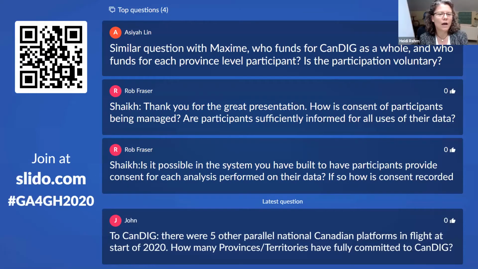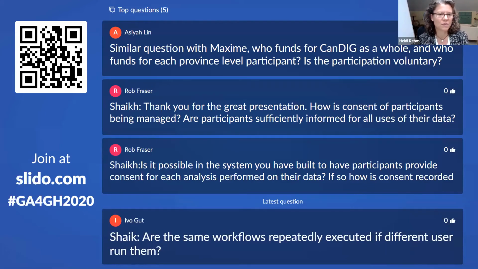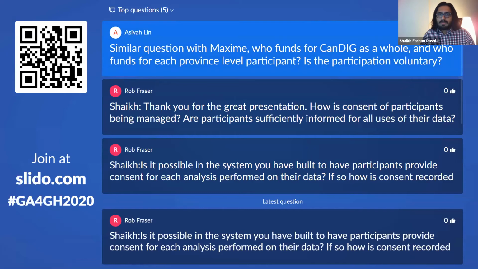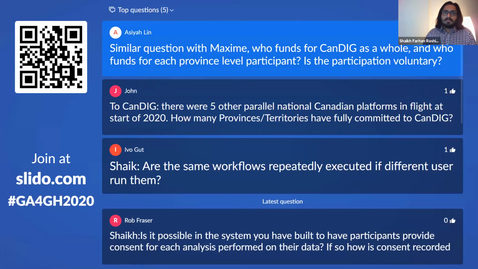Great. And a similar question, who funds CanDIG as a whole and who funds each province level participant? Is the participation voluntary? Participation is voluntary. Usually there is a set of agreements that are signed between participating institutions.